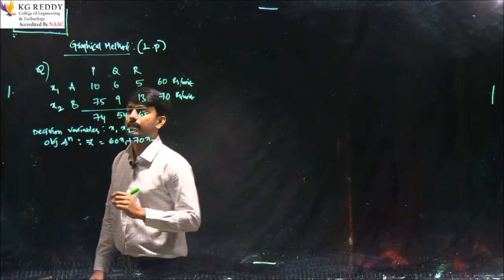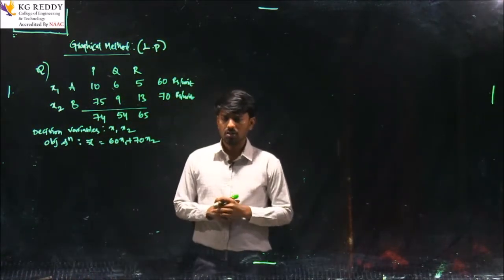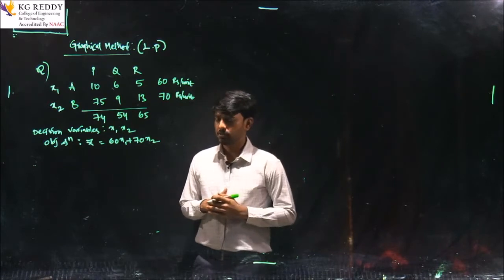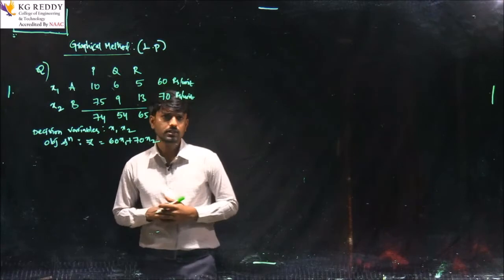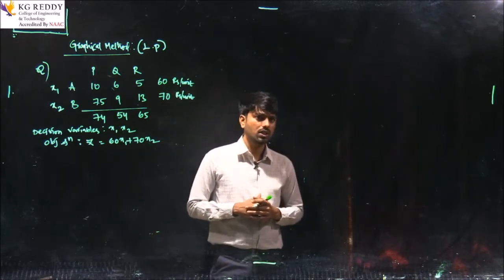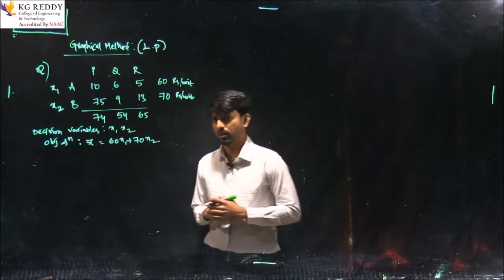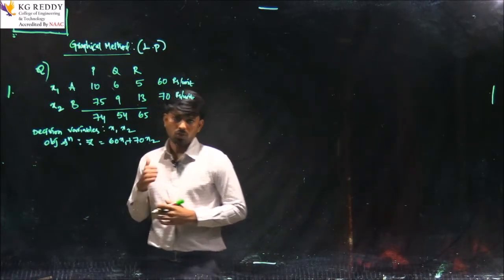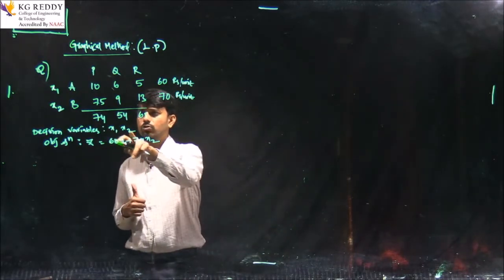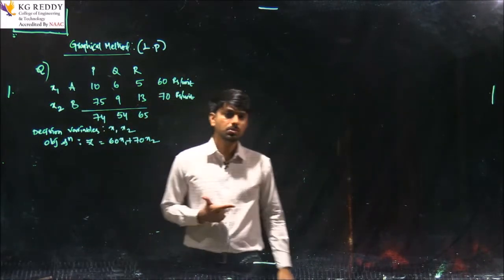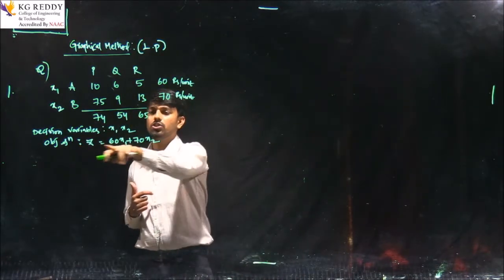Now we will write the constraint equations, and just recall what the 3 steps in mathematical modeling are. I am giving you 20 seconds. Recall the 3 steps in order to write mathematical equations from the given problem. First is to identify the decision variables; we identified x1 and x2. Second is to write the objective function, and we have written it.